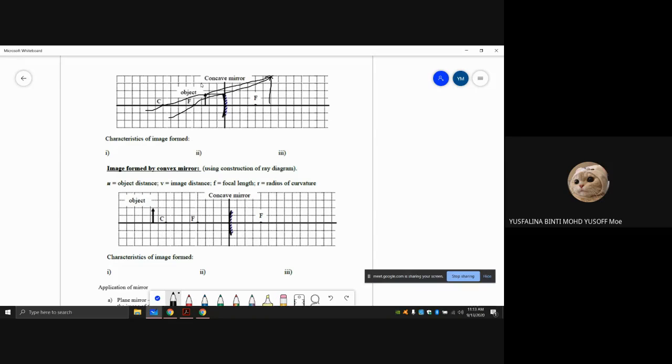So the next one is for the convex mirror. The convex mirror has only one ray diagram, which means wherever the object is, the way to draw is the same. So the first one is from here, from here, so it goes